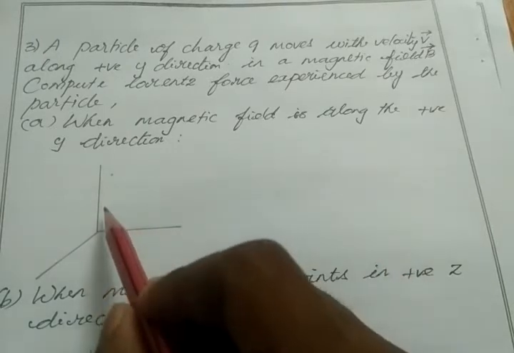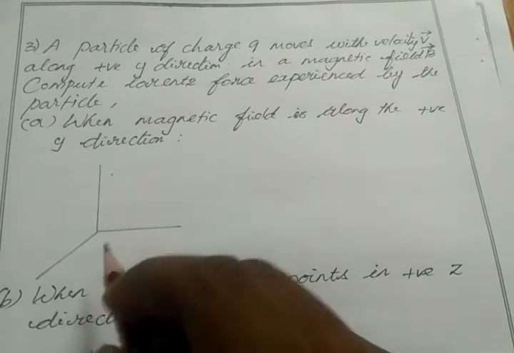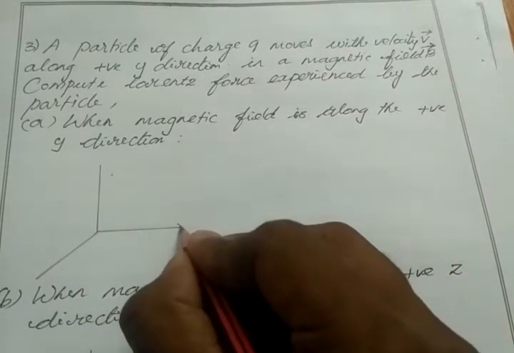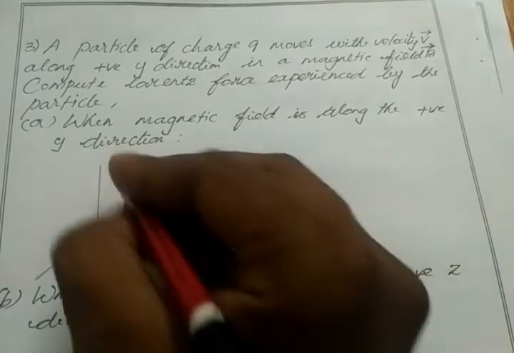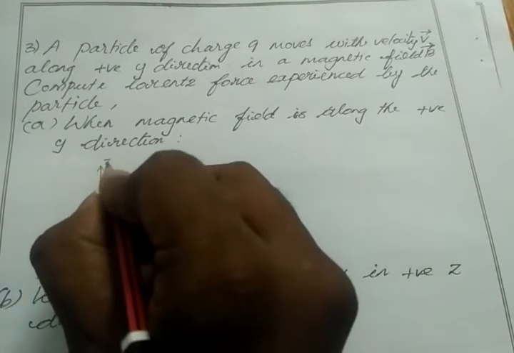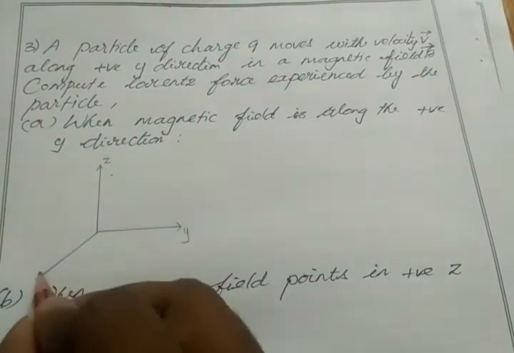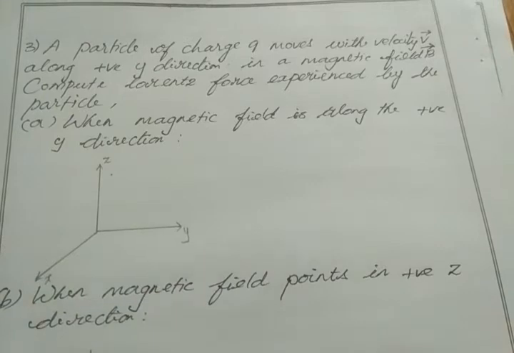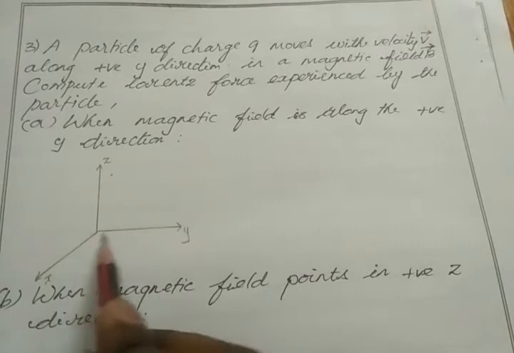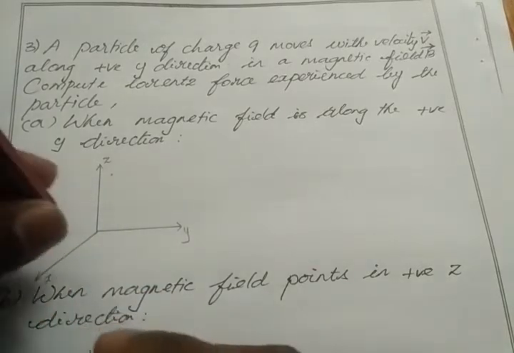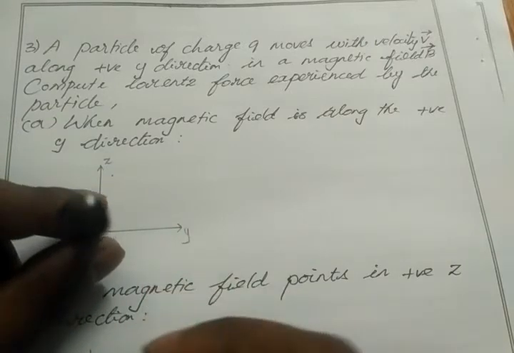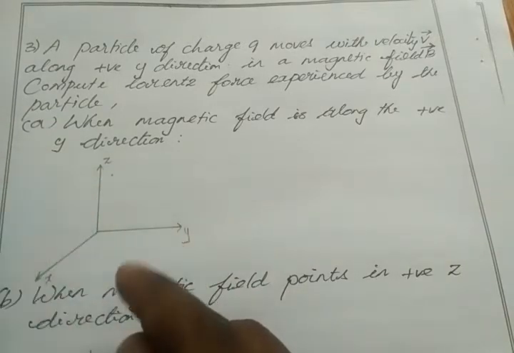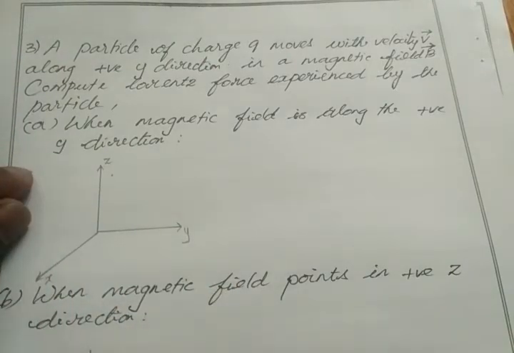Okay, so this is our xyz plane. So I take y here. So this is my positive y and I take z here, positive z. This is my x. Okay, so these three are mutually perpendicular to each other. So y, z and my x will come like this. Okay, x will come towards our eyesight, right?